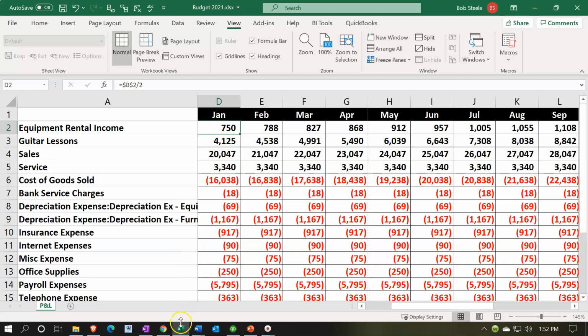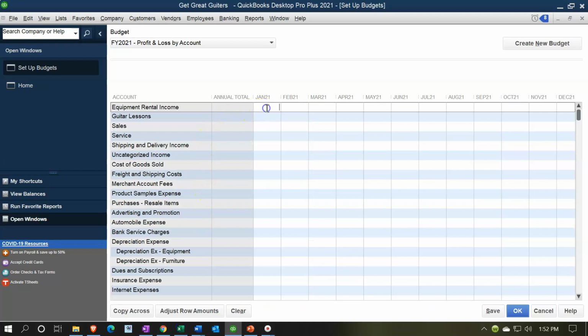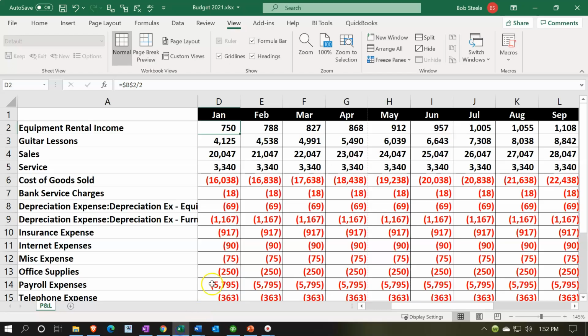We got the 750. I'll put here in January 750, and then we increased it. We said that's going to increase by the 1.05 or 5% each time period. That's what we expect or hope to happen